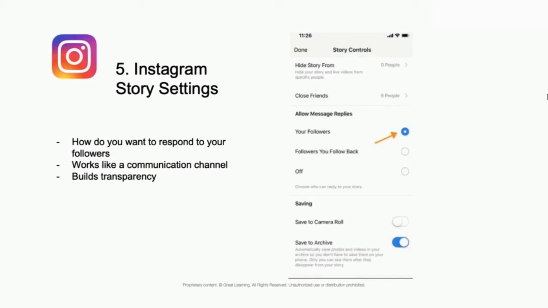Let's say a lot of users are commenting on your Instagram stories and you want to revert back to them, they should be allowed to reply to your message as well. It also builds transparency and tells people in your audience that this brand is looking to converse and is open to conversations. And Instagram stories are one way of communicating with the brand.